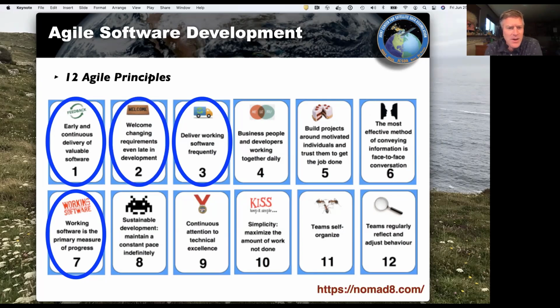There's also this other thing I mentioned, welcoming changing requirements even late in development. Requirements change and we have to adapt. Teams regularly reflect and adjust behavior, and business people and developers work together daily. This is a more general software development approach, but you can replace business people here with stakeholders.